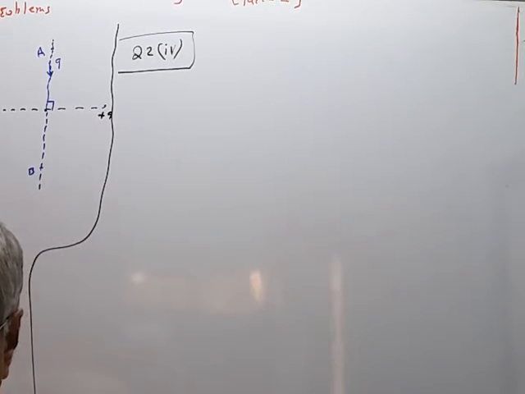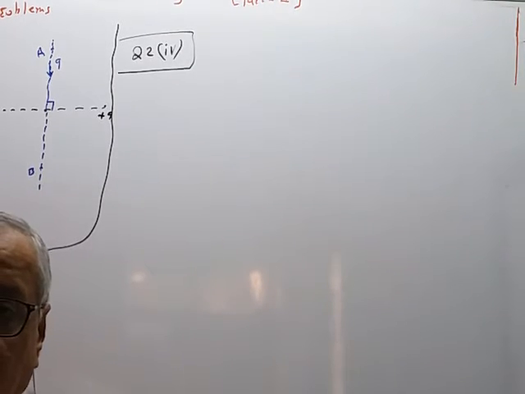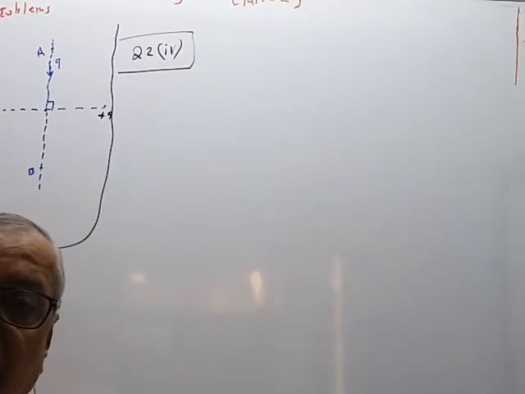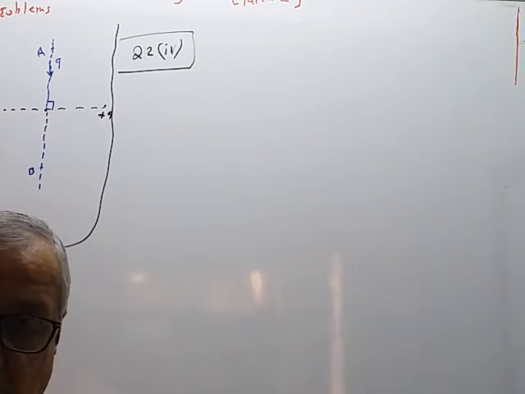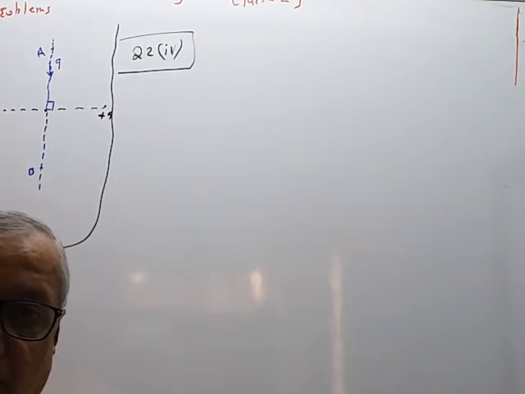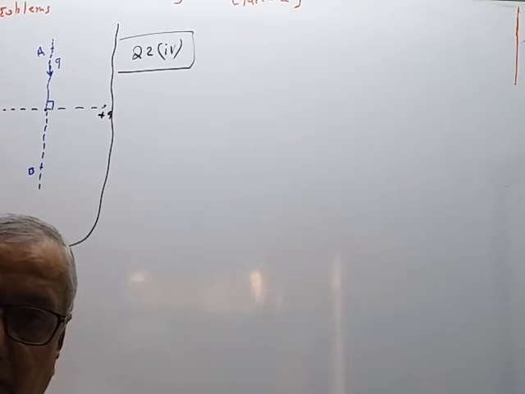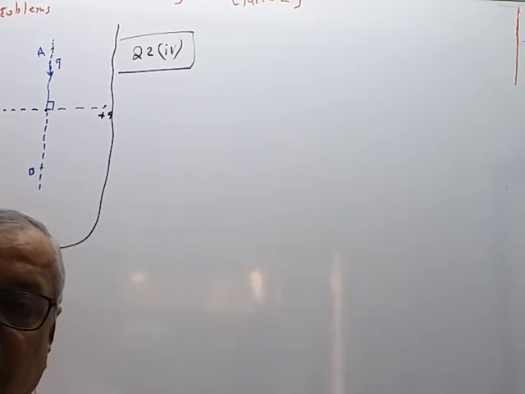The fastest way to protect yourself from lightning is to be inside a car. Justify. So this is the best example of electrostatic shielding. The surface of the car is metallic. It is a closed surface, and therefore the inside part is having zero potential. It is just like an electrostatic shielding.